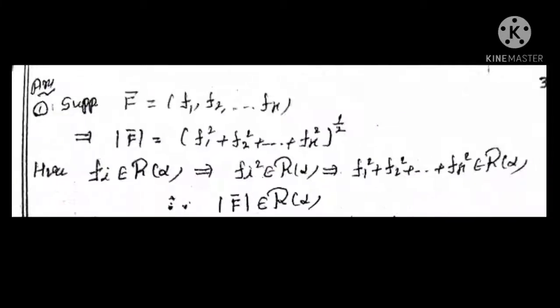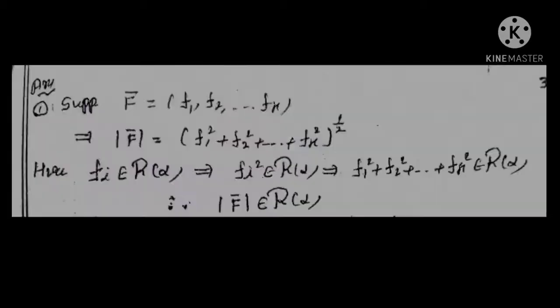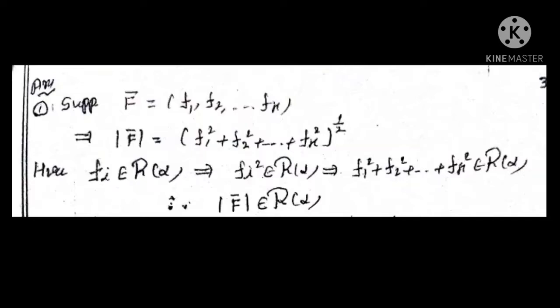Proof. Suppose f bar is equal to f1, f2, up to fk. Therefore, modulus of f bar is equal to f1 square plus f2 square plus up to plus fk square, raised to 1/2. Here,